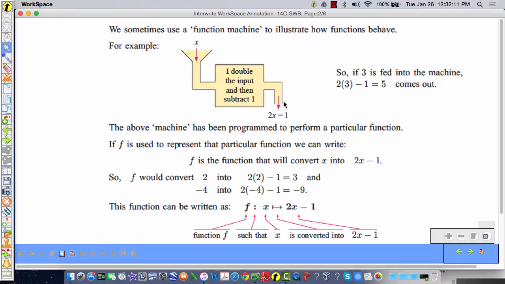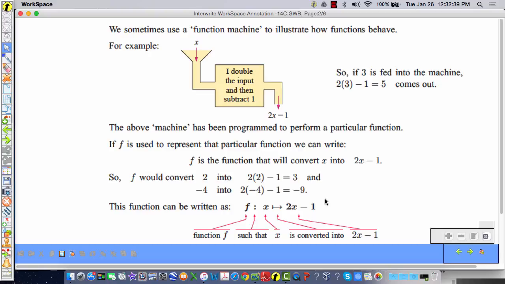Okay? Now, we're not going to do machines. We're big boys and girls. We're going to have some notation. Yes? So we have the function 2x minus 1. And this is one sort of notation. I'm not a fan of it, probably because I didn't grow up with it. I'll show you the notation that I'm in favor of or more familiar with. But I need to show you this because it appears often enough in what we're doing that you need to